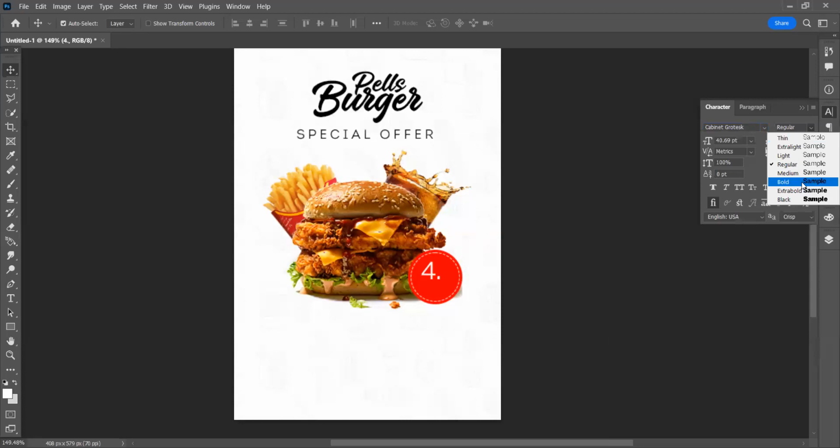Black, extra bold, medium, regular, light, extra light, thin. These are fonts. But this name, Cabinet Grotesque, is the typeface with different font widths. Can you see thin to extra light to light to all of this, right? That is just the difference between a typeface and a font in action.